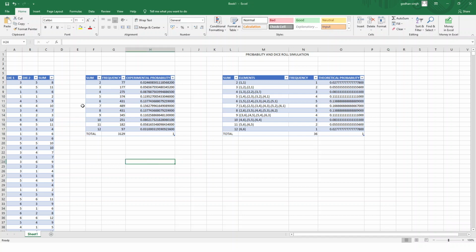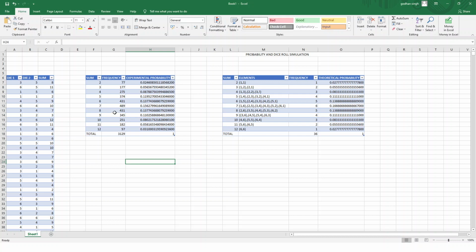So let us see here 2. We can have only 2 decimals. So the probability of sum as 2 is 0.02, here also 0.02. For 3 it is 0.05, here also 0.05. For 4 it is 0.08, here also 0.08. And for 5 also 0.11. And for 6, with 2 decimals, it is 0.13 in both. For 7 it is 0.15, here it is 0.16, a small error is there.